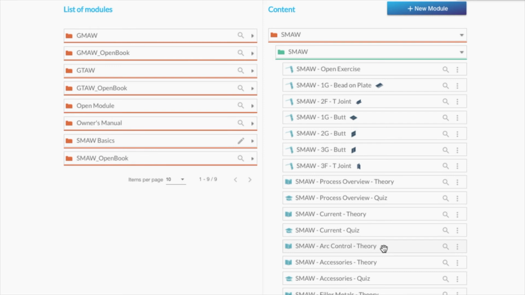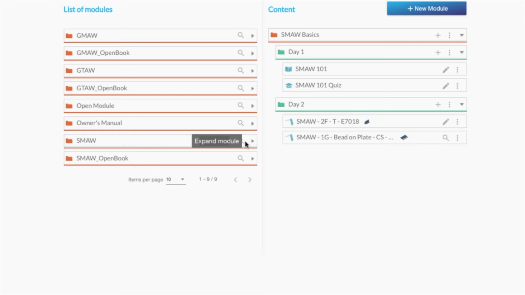To verify that the exercise has been copied, find the module that you copied to, SMAW Basics, and click on the pencil icon to edit the module. Now, if we want to change the order of a unit or a task,